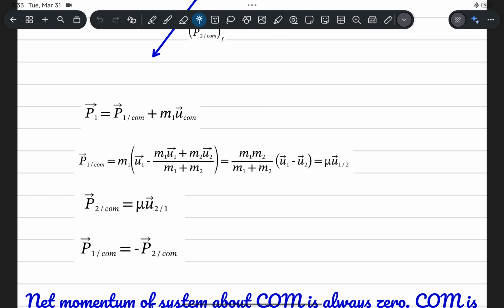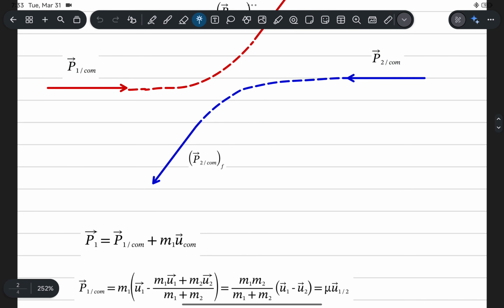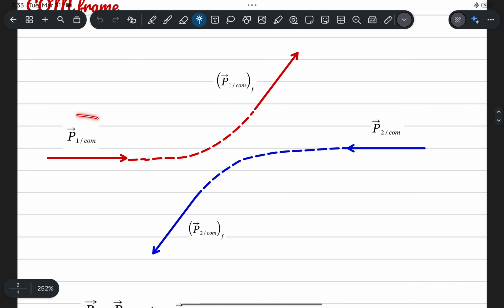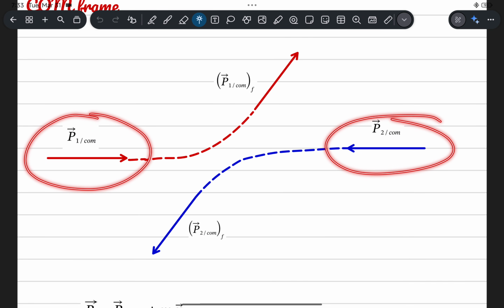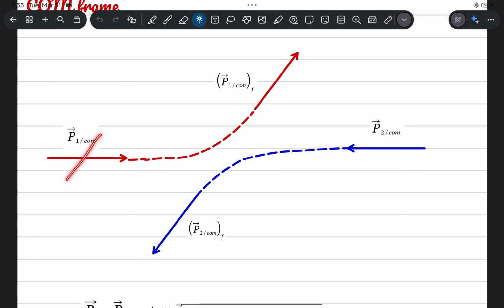Okay, and magnitudes will be exactly equal. So that's why this one is before collision. Okay, they're just moving in opposite direction in center of mass frame with exactly the same magnitude, such that net momentum becomes 0. And after collision, this one is moving in this way, this one is moving in this way in